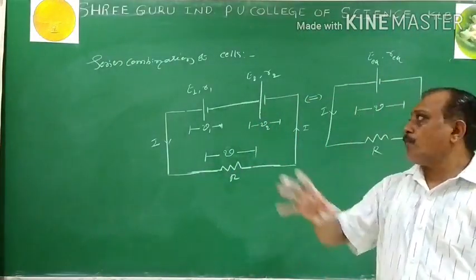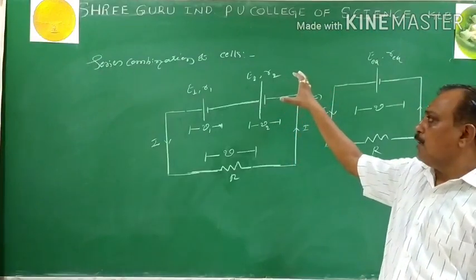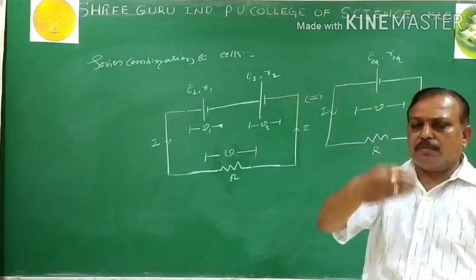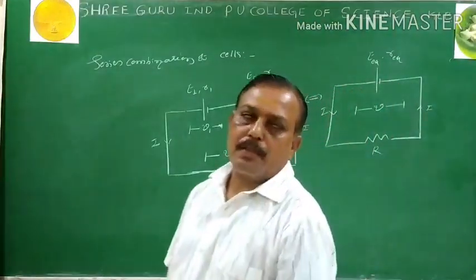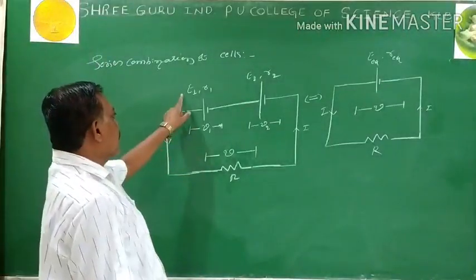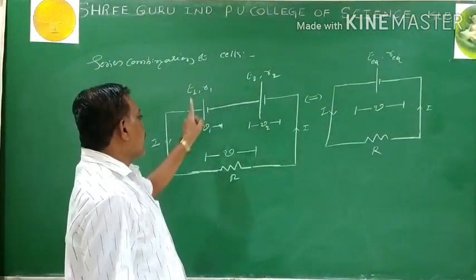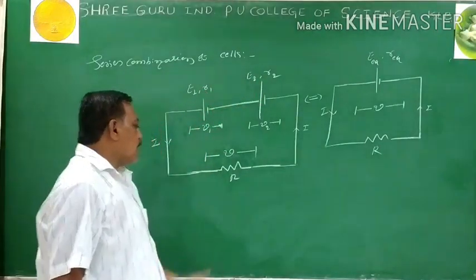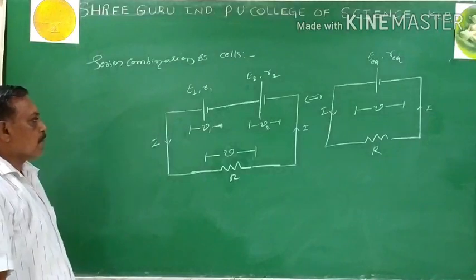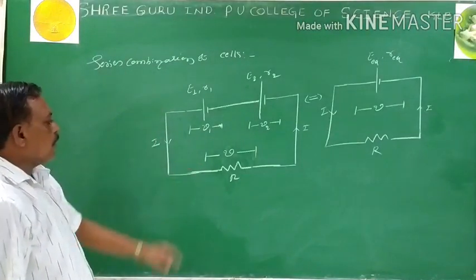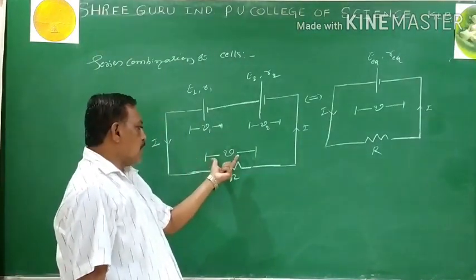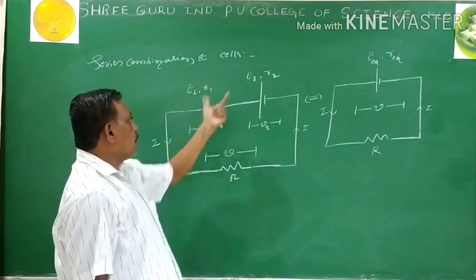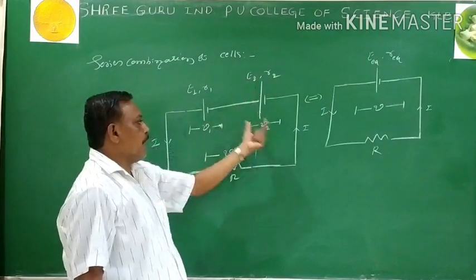We need the things we have used in the circuit, and how the symbols are related to that circuit. Everything should be explained in a few sentences. You make your own sentence. Let E1 and E2 be the two cells. They are connected in series, and the respective internal resistances are R1 and R2, and R is the external resistance. I is the current flowing through the circuit. The potential difference across the external resistance is V. The potential difference across E1 is V1. The potential difference across the cell E2 is V2.